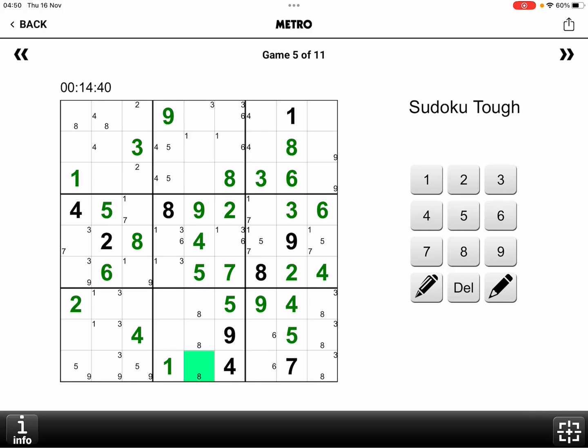Now, the 1 in column 5 can only be this one. So that's not a 1. These could never be a 1. Silly old daddy. Right, and this is a 1. 6. So that's a 3,